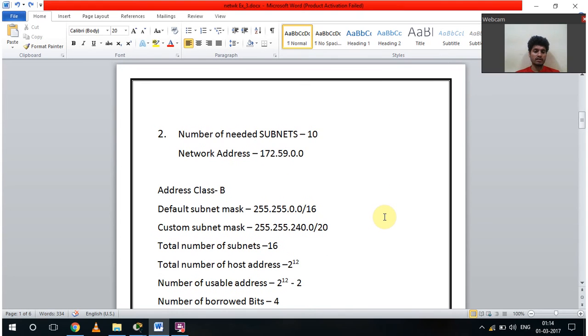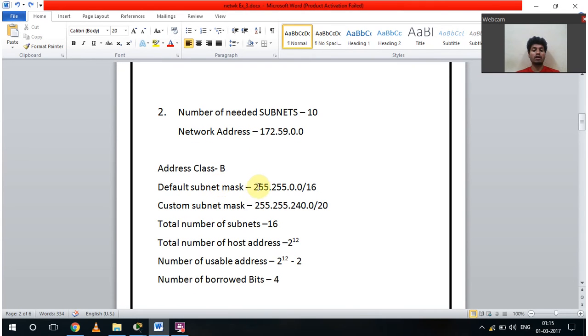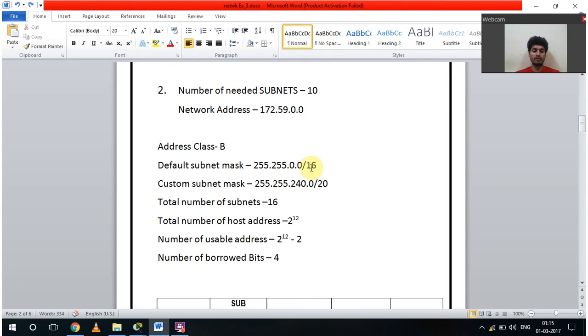Then another question is asking about 10 required subnets, and the network address given to us is 172.59.0.0. Now from 172 we can say that the address class will be B, and if the address class is B, the network address will be 255.255, and the rest are host address 0.0. The default subnet mask is 16, but for the customized subnet mask, as it is 10 subnets, 4 bits are required